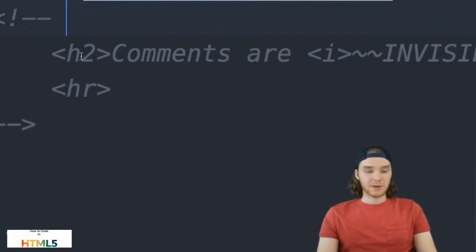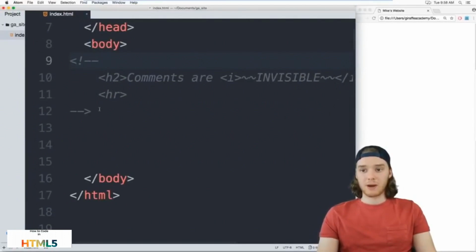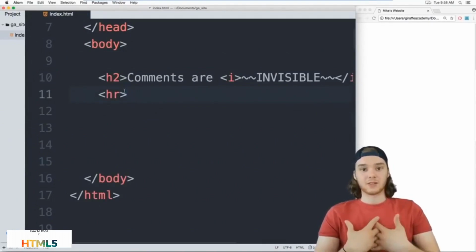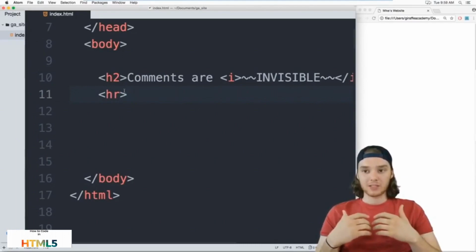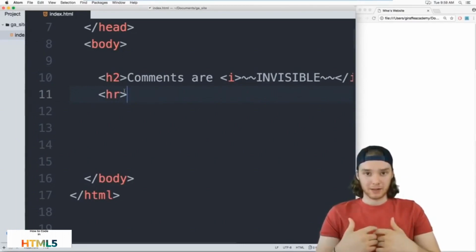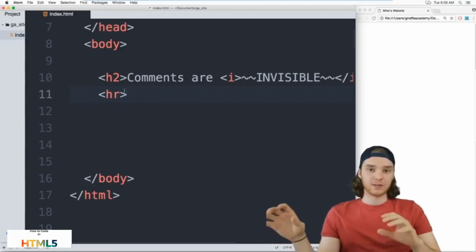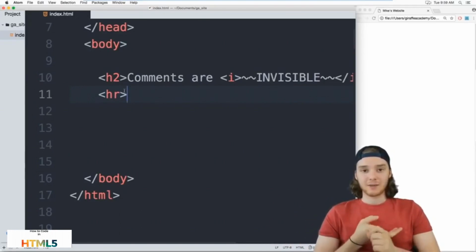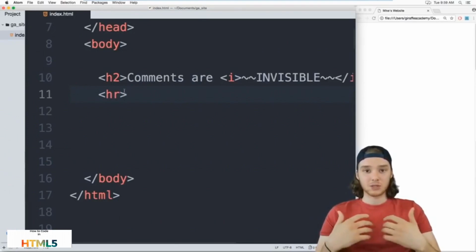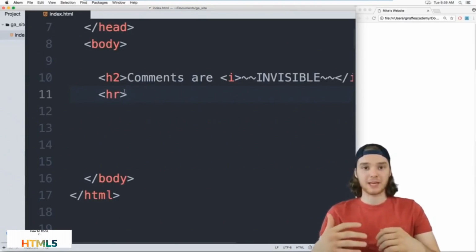So that's the basics of comments. They're really simple, but they're also really powerful. Now, one word of warning, and this is just me talking with my personal opinion: I think when you're using comments, you need to use them sparingly. I think some people have a bad habit of writing out really long comments explaining things. Personally, I think the purpose of a comment is to explain something that can't be explained